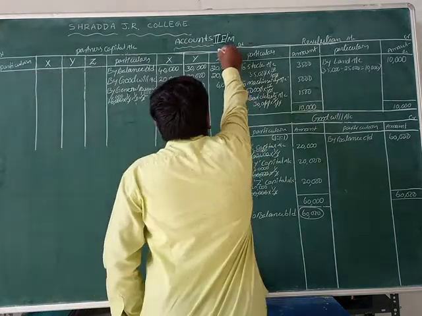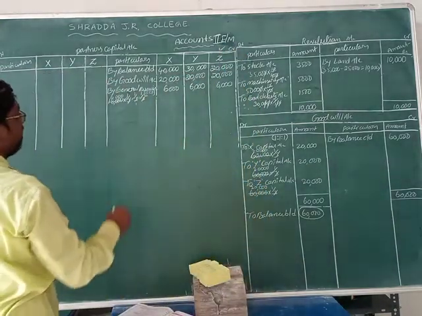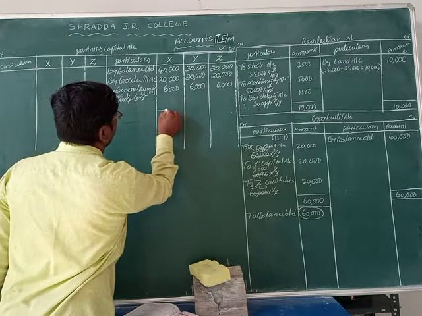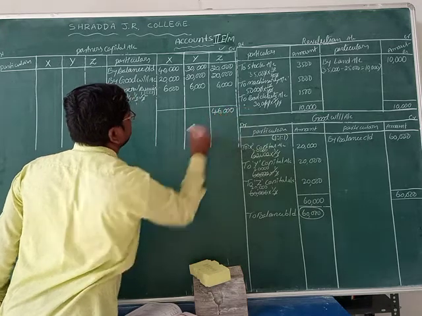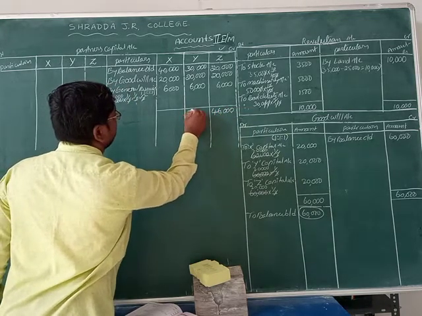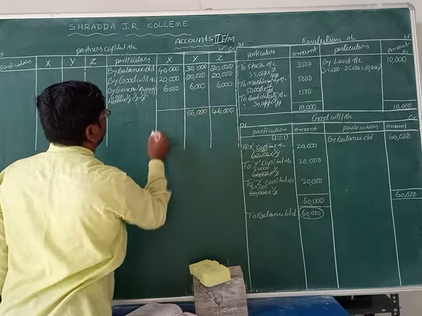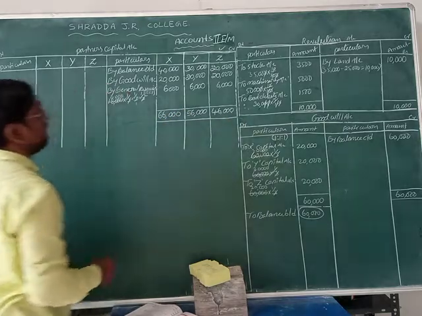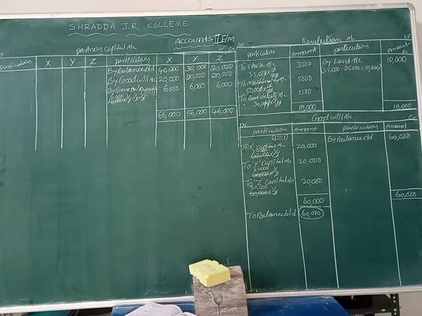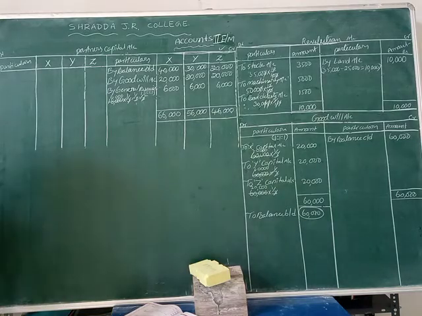Mr. Z goes out of the business here. That's why we are doing the total amount of the 3 partners here. Let us see. 46,000 rupees is in Z, 56,000 rupees is in Y, and 66,000 rupees is in X. This is the total amounts of X, Y, Z. X has 66,000, Y has 56,000, and Z has 46,000 rupees, students. Okay now. So now who is retired here? Mr. Z is retired. So what can we write here?